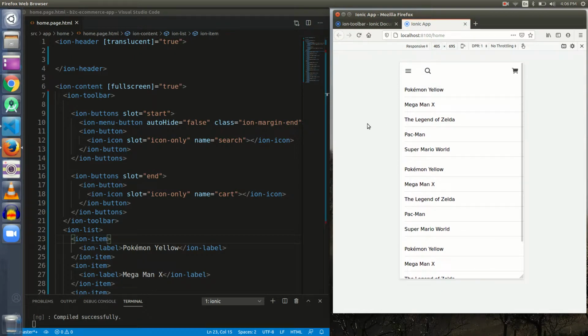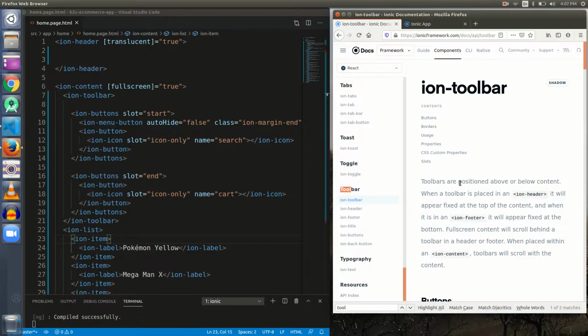Okay, so I got it now. We have tested a lot of things actually. We have seen how ion-toolbar changes its position when placed inside ion-header and then ion-footer, what happens when there is scrollable content, and what happens when we take ion-toolbar out of header and footer and place it inside ion-content.